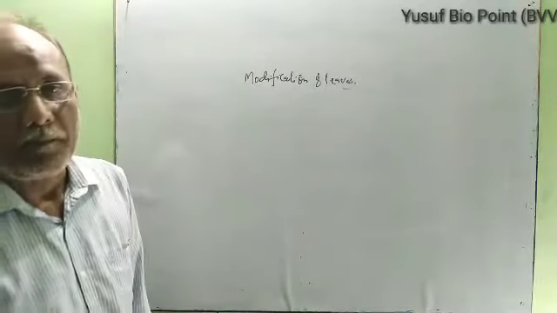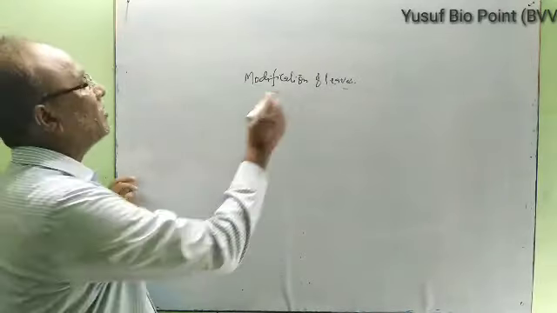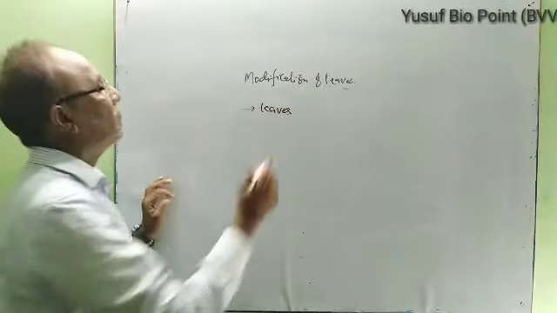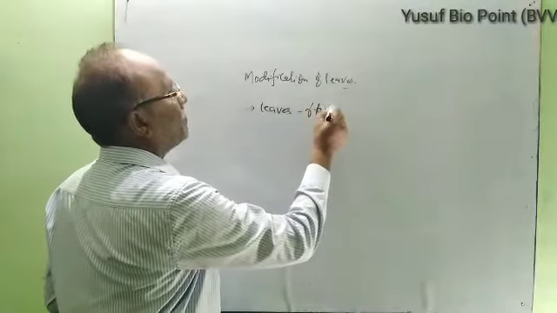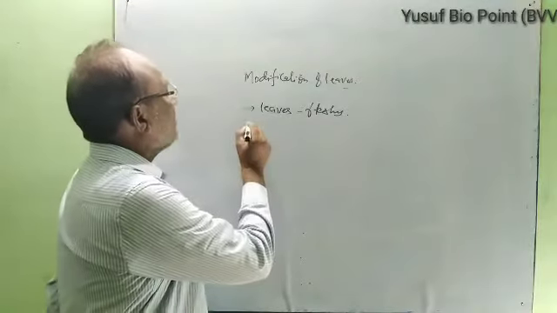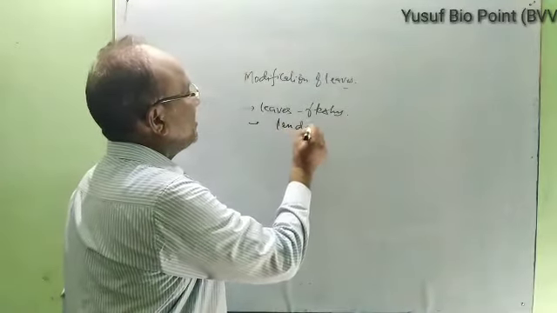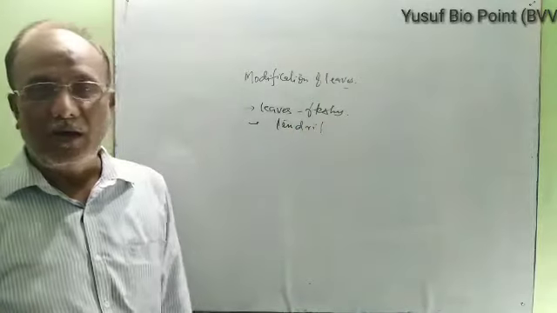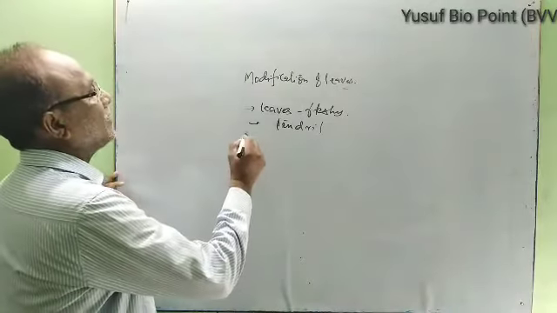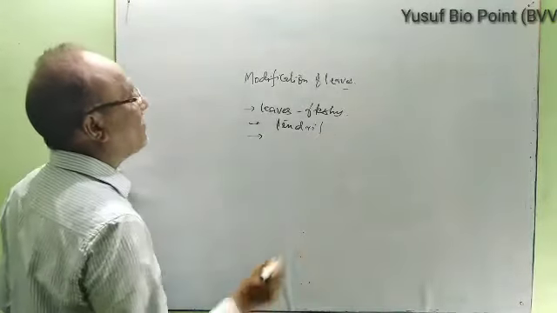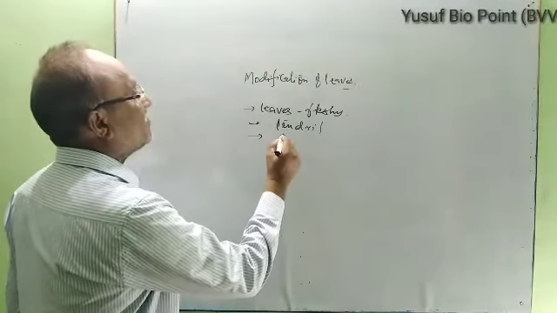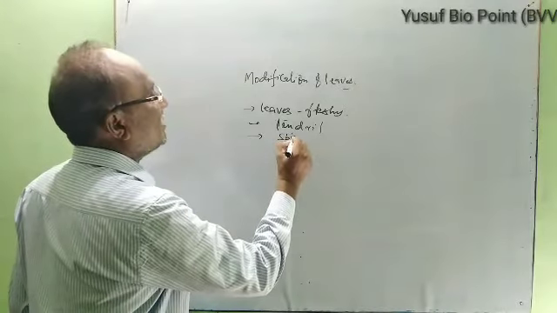Now in some plants the leaves become fleshy, as in cactus, you see. In some it changes into tendril, which helps in climbing. In some, like pea plants, it changes into tendril, and in the cactus it changes into spines,